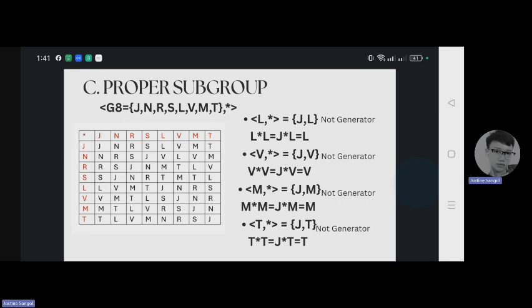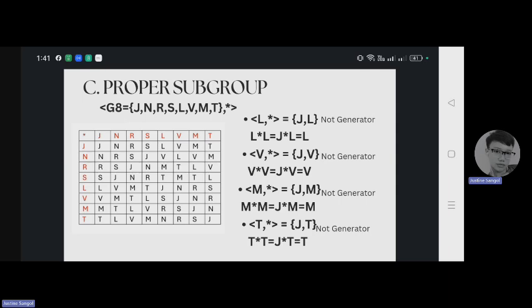Next, L star L is equal to J star L is equal to L, not a generator. Next element is V. V star V is equal to J star V is equal to V, not a generator. M star M is equal to J star M is equal to M, not a generator.